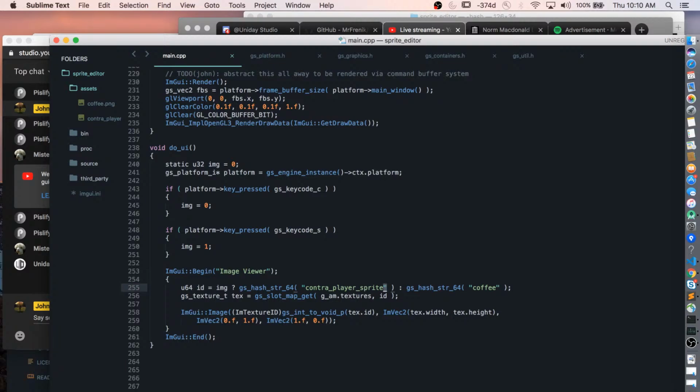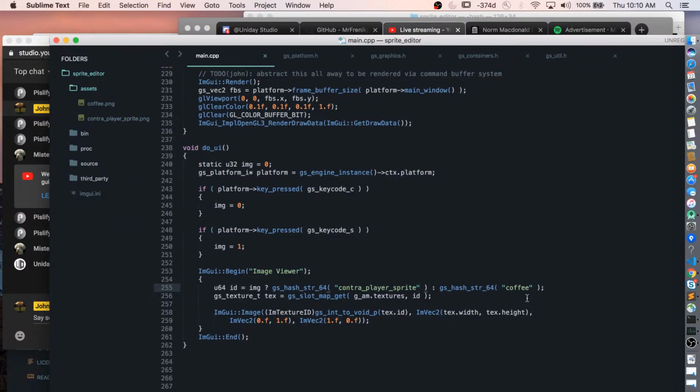So I'm going to hash a string into a 64-bit uint identifier. So again, this is the qualified name for the Contra sprite. It's just going to be the image without the file extension. Same thing for the coffee. Do that. So this is one way that you can have